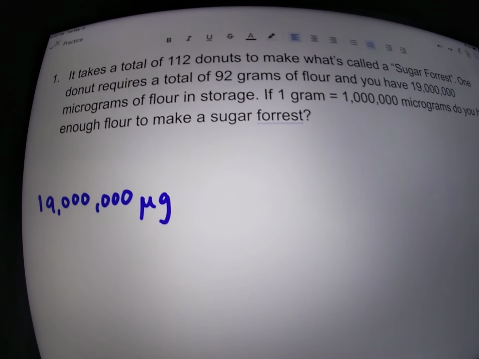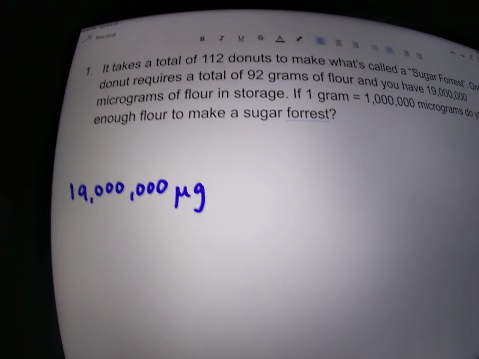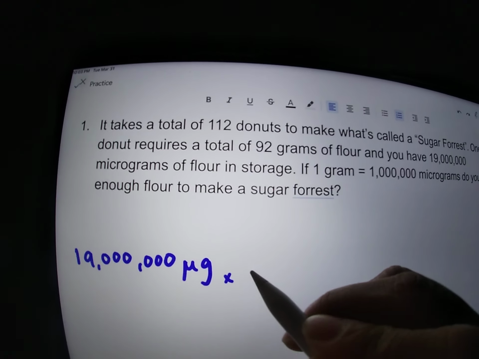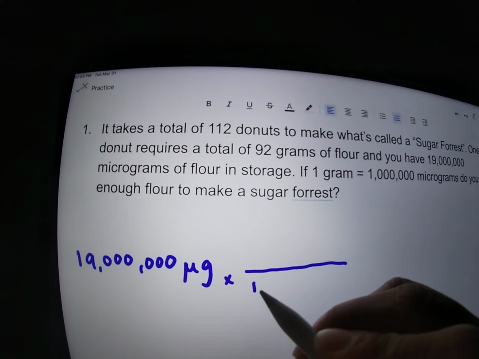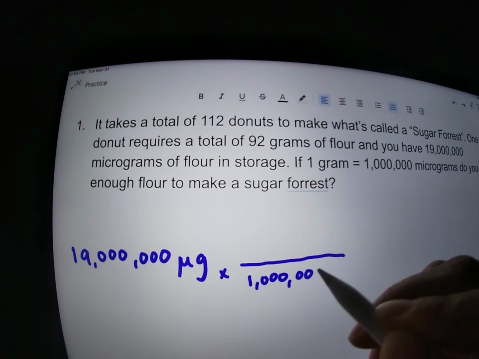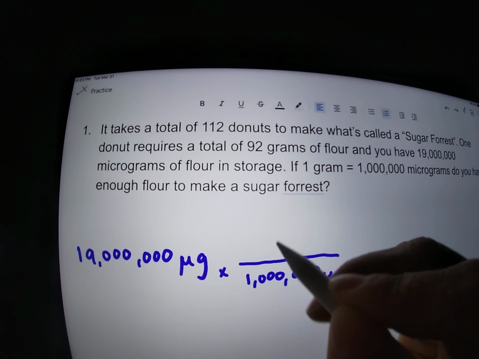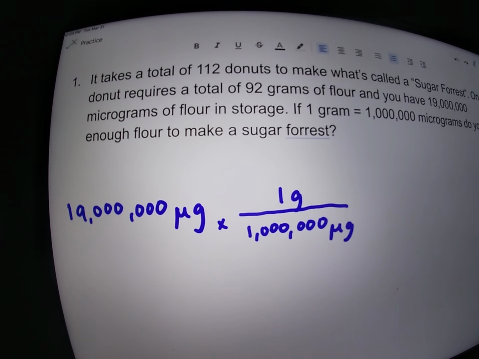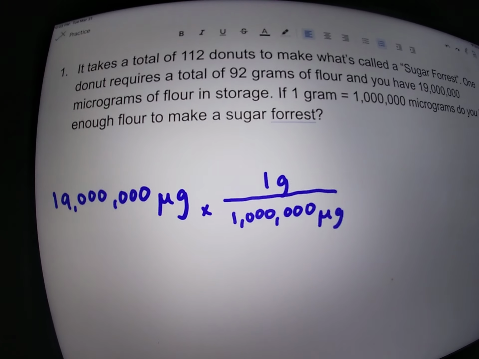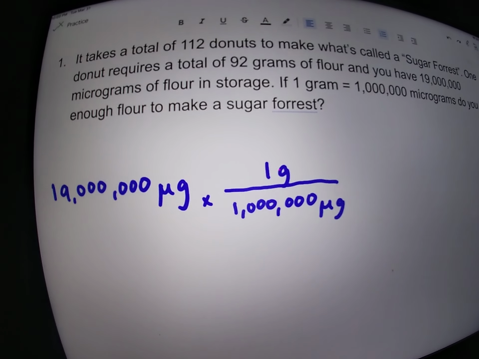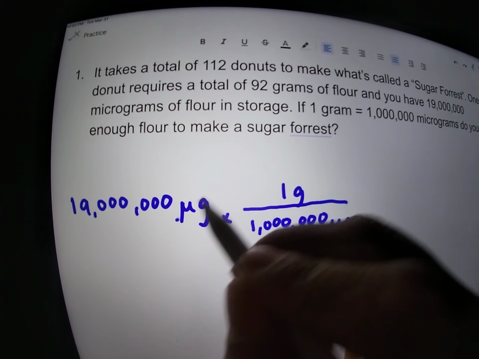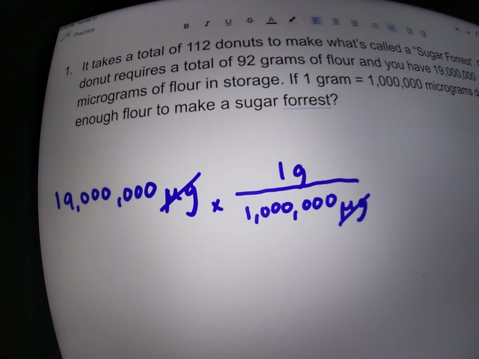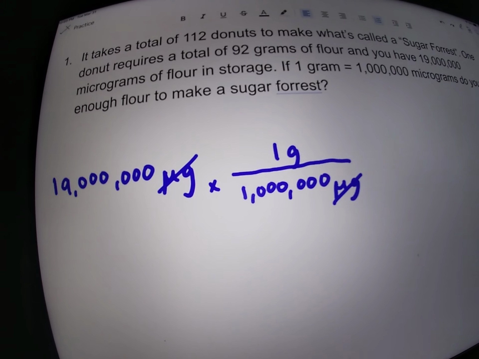That's how much flour we have. The first thing I'm going to do is convert that to grams. For every 1 gram, we have 1,000,000 micrograms. Micrograms cancel out. Now we're at grams. Awesome. Now that we're at grams, the next thing we want to do is convert